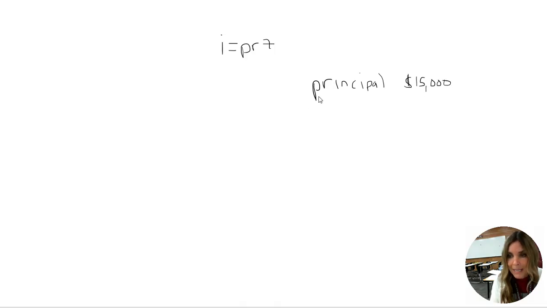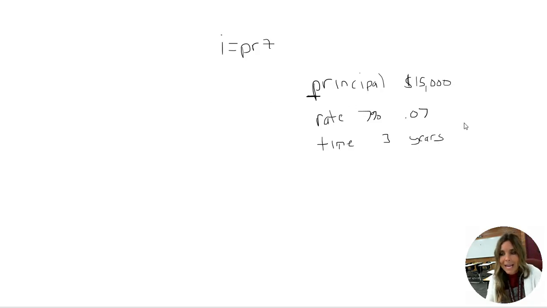So that will be our P. Okay. The R this time is 7%, so that's going to be 0.07. Make sure that you are writing all of this down on your paper underneath this question. And then the time is 3 years. Okay, so if we want to know how much he is going to pay in interest, we